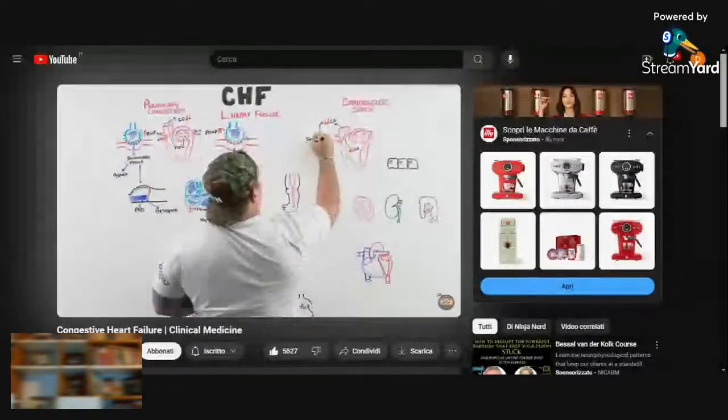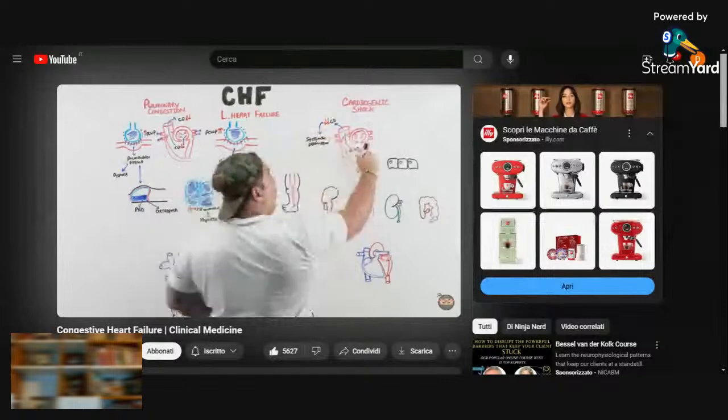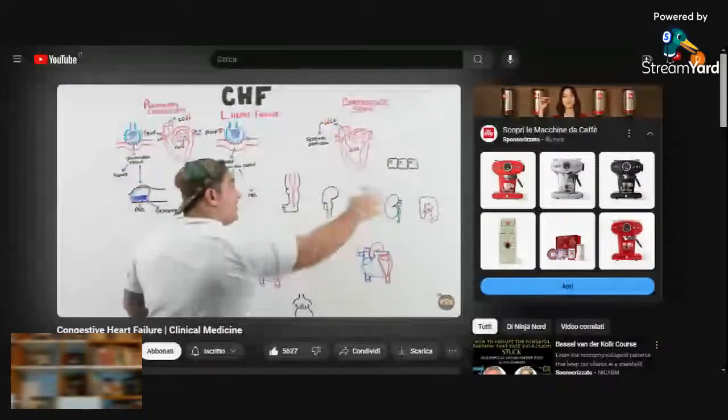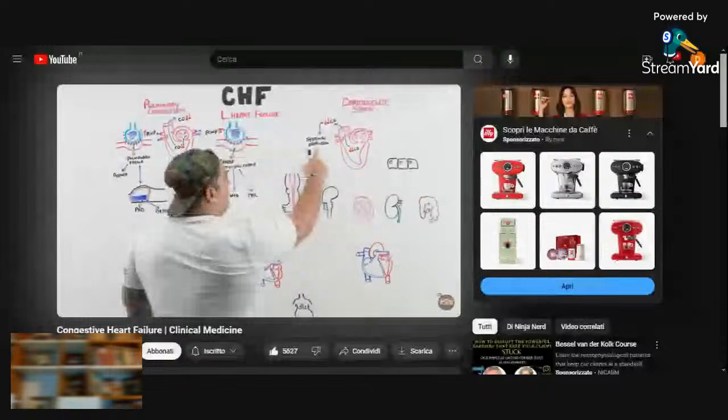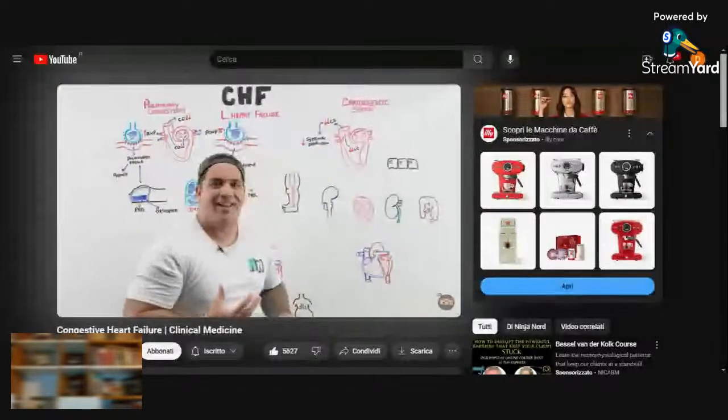So not only whenever you have a low cardiac output do you have a hard time getting blood out of the heart, and it backs up into the lungs, but you have a hard time getting it out of the heart and delivering it to multiple tissues. When you have a decrease in systemic perfusion, the problem is that your body says, okay, perfusion's kind of stinky right now. That's because the cardiac output's really low.